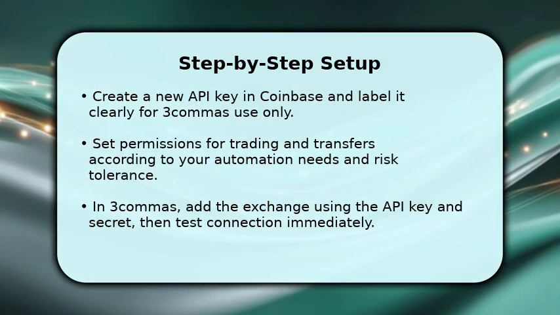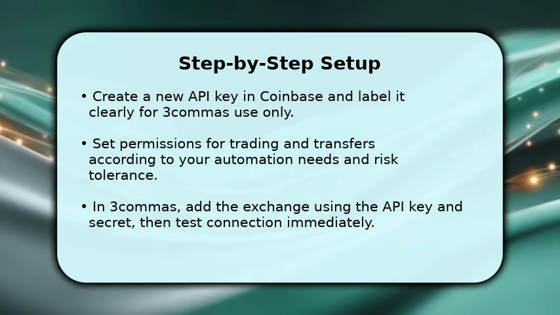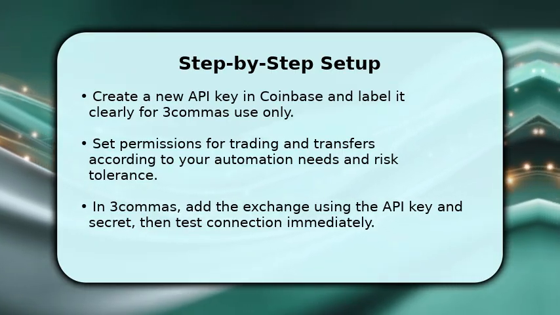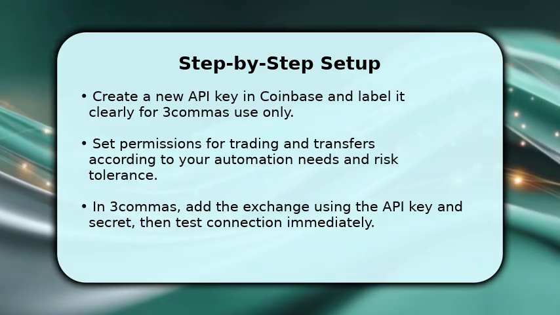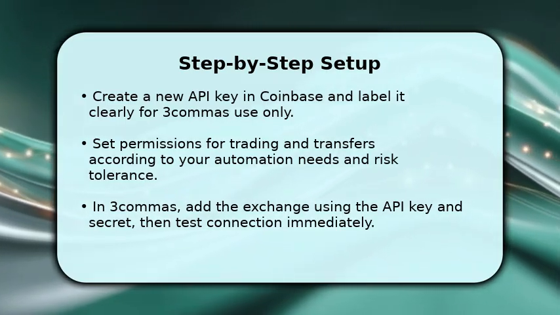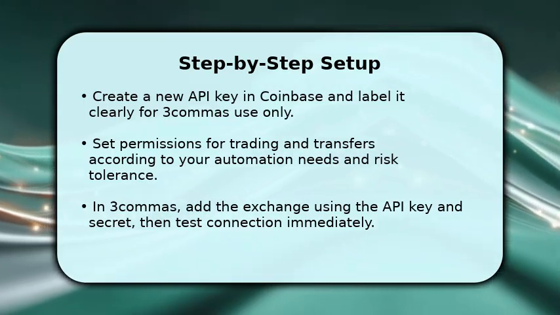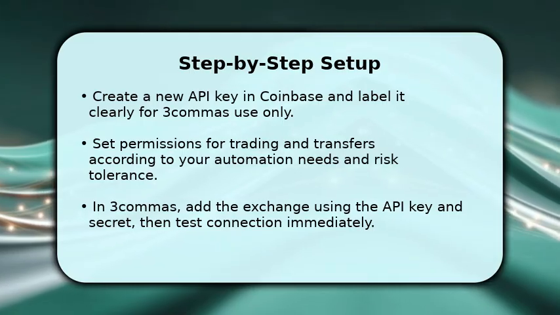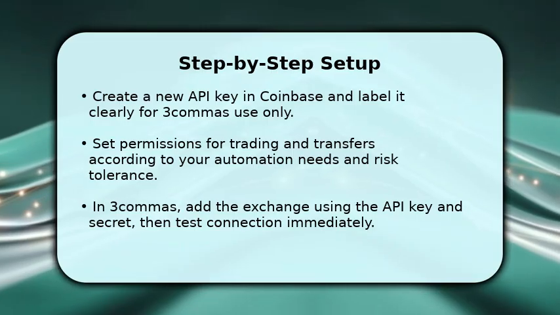Start by creating an API key on Coinbase labeled for 3Commas to avoid confusion later. Choose only the permissions you need, such as trading, and avoid unnecessary withdrawal rights unless required. Copy the API key and secret immediately after creation because Coinbase may only show the secret once. In 3Commas, go to My Exchanges, select Coinbase, paste the key and secret, and run a connection test to confirm